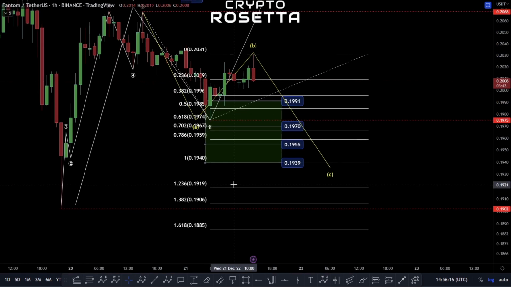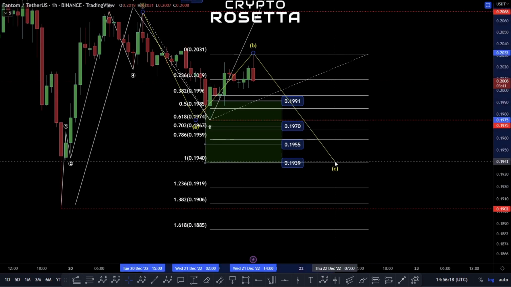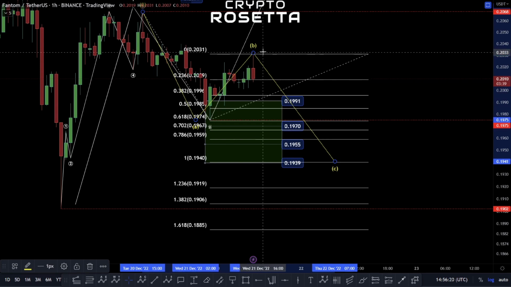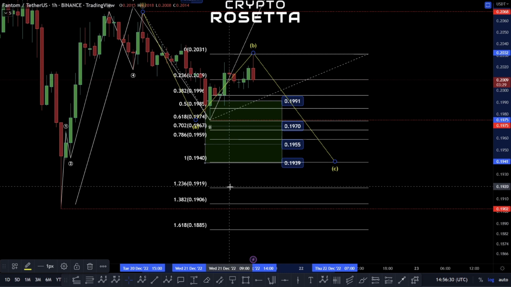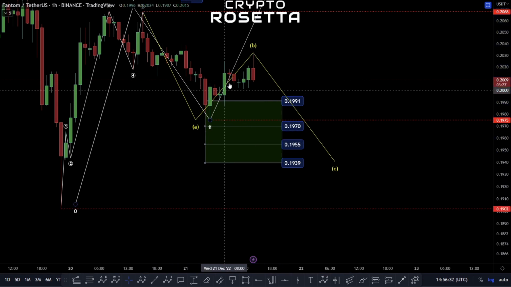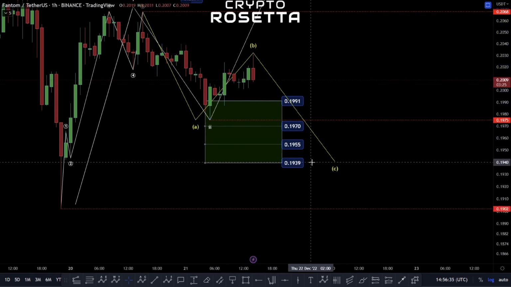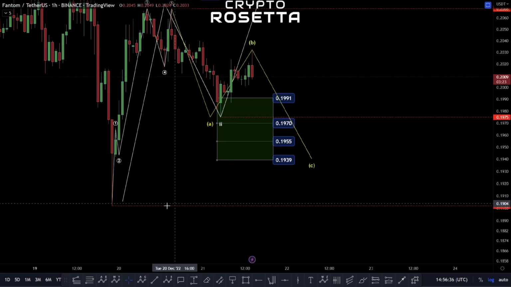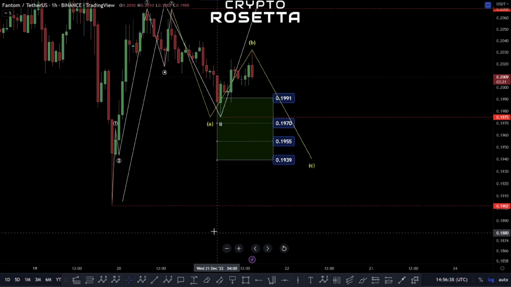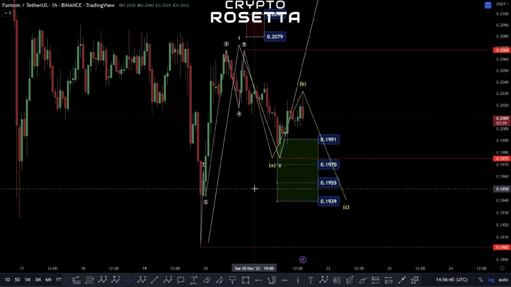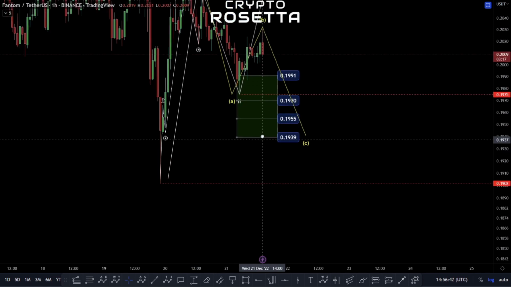If we do move to the downside, then the 1-to-1 area of this A wave, which is what we just measured out here with this fib, it would bring us to this 1940 zone, which also ties in quite nicely with the 786 retracement. So should we look to push down further, this would be a potential target area. Though if we break this 1902 zone,